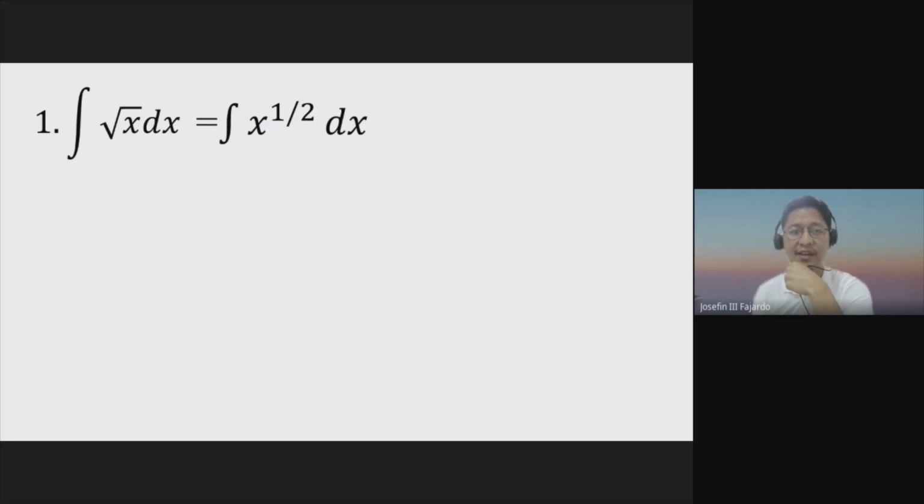Opo, sir. Okay, now, ang n natin dito ay 1/2. So pwede natin gamitin yung rule number 4, right? So we add 1. So magiging 1/2 plus 1 will be 3/2, right? Tama ba? Kaya magiging 3/2. Okay? So the integral of this will turn out to be x to the 3/2 over